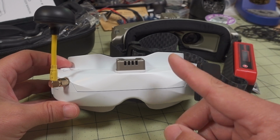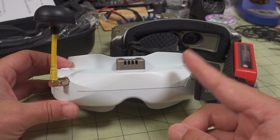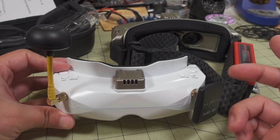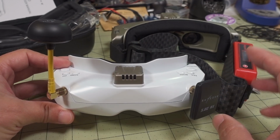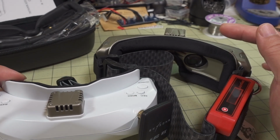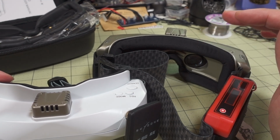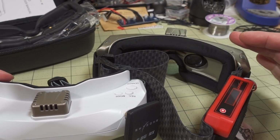I believe the O2C goggles came with the whip antennas, the old style, basically linear antennas, but this one comes with a patch and a circular polarized included in the package. Now for me, this goggle is a step backwards compared to the O4X goggle. The O4X goggle has a much higher resolution screen, much wider field of view, and also a wider faceplate,